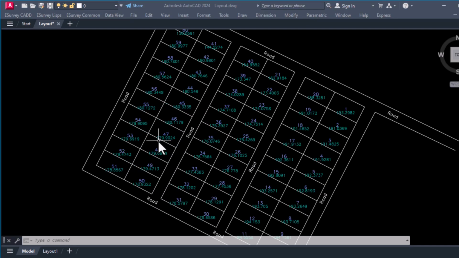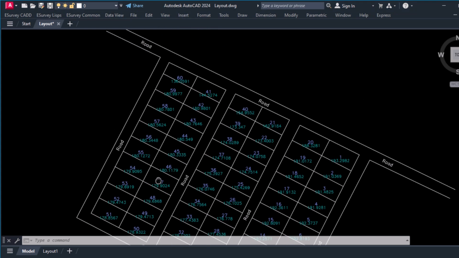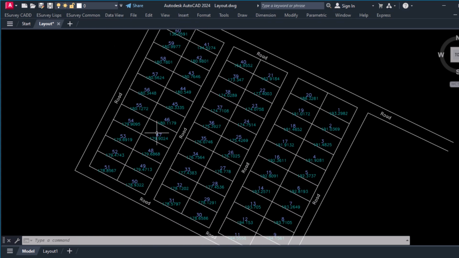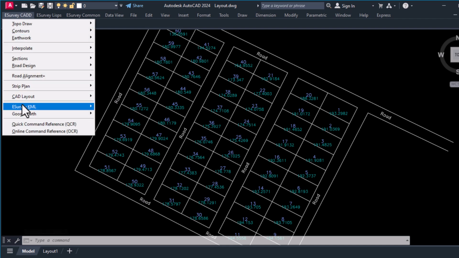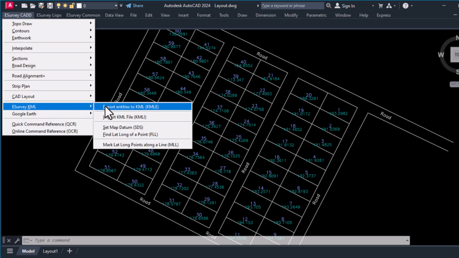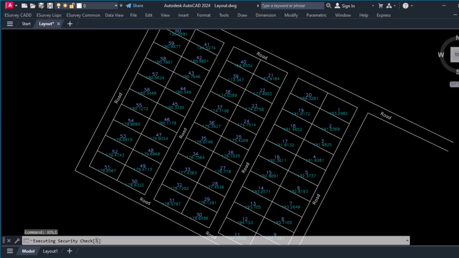Demo. Converting any drawing into a KML file. Converting any drawing into a KML file can be done in a single step using ESurvey KML, provided the drawing is already in the correct UTM coordinates. When the drawing is in UTM coordinates, select Export Entities to KML from the ESurvey CAD menu or type KMLE